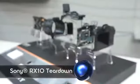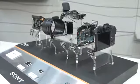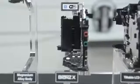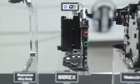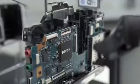Today we pulled apart Sony's RX10, and before we take a peek at the inside components of the camera, let's first go through the outside. At the top of the camera and near the grip is the Wi-Fi antenna. The material around this portion of the camera is covered in rubber to avoid any conflict with the magnesium alloy body and Wi-Fi signal. Moving along the side of the camera, you'll notice all of the ports, including a jack